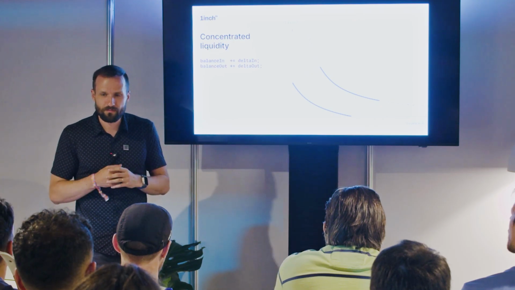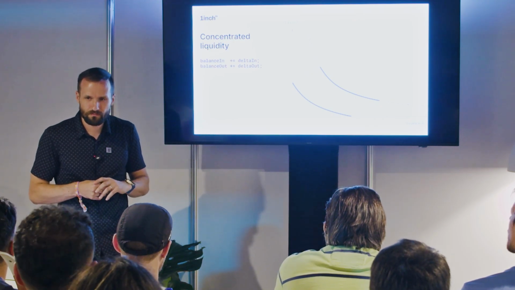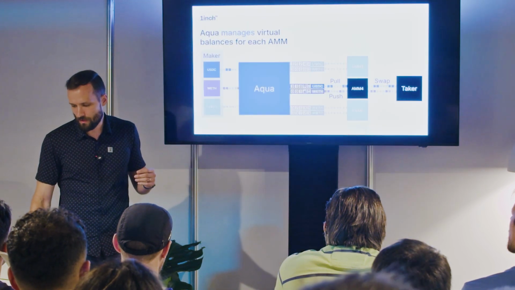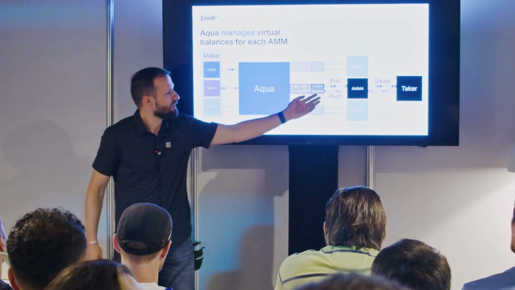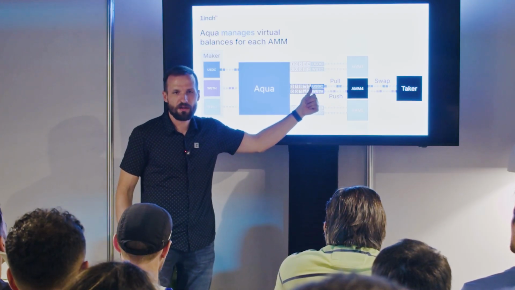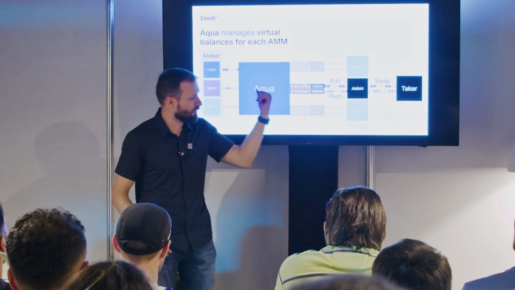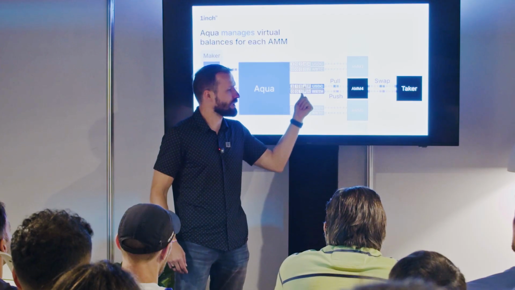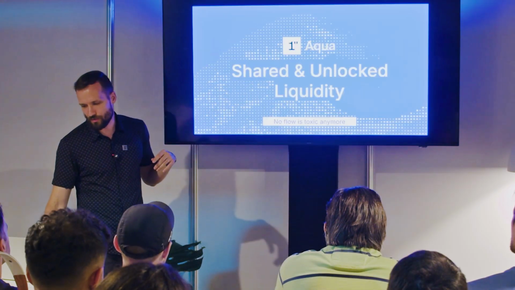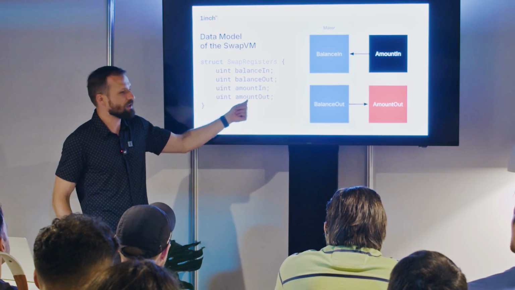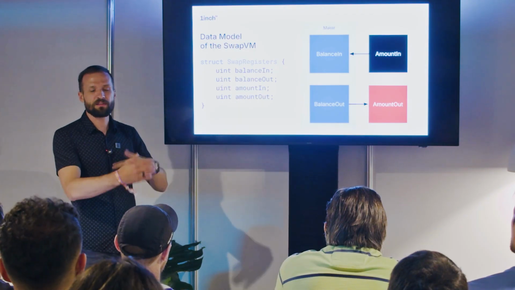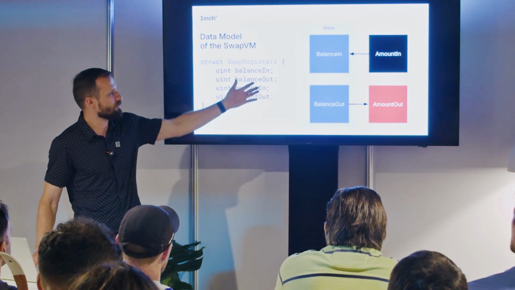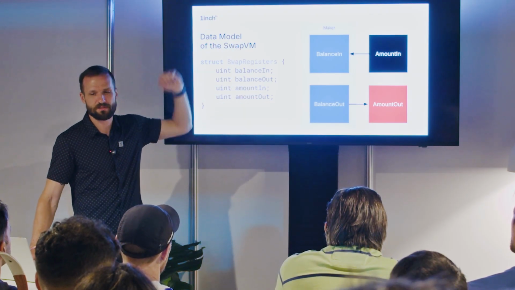But yeah, it's actually the business of those AMMs. So those AMMs just get the balances, virtual balances here, and they compute something. SwapVM is actually one of the AMMs here. It's getting those balances, loading them into the data model, and one of the amounts is provided by the taker. And then it's computing the missing amount. Any AMM is actually doing this, but SwapVM is doing this as instructions.